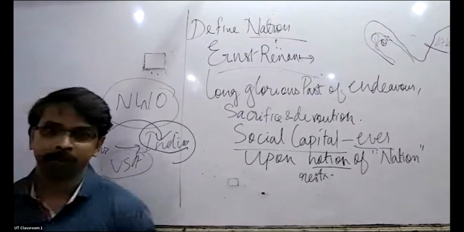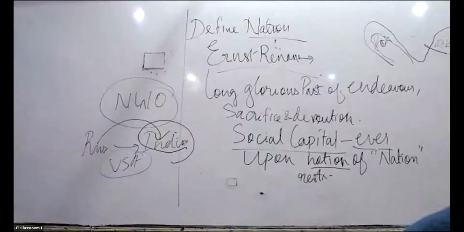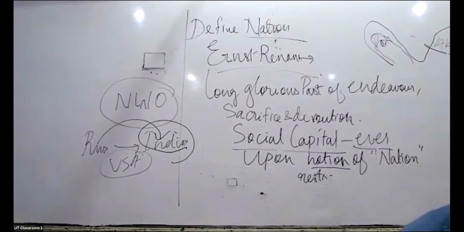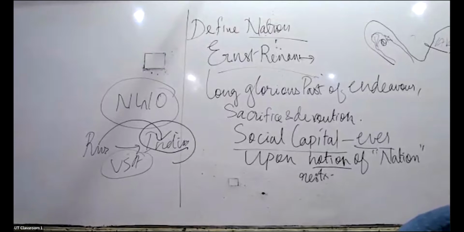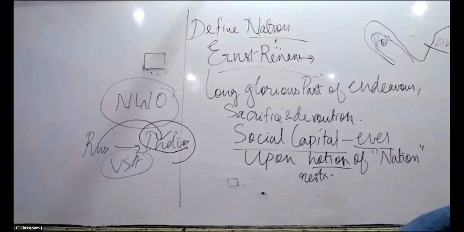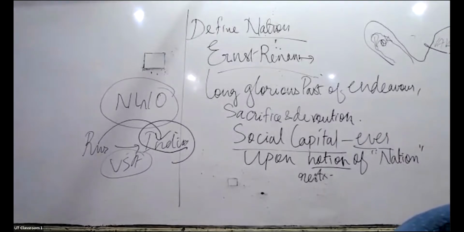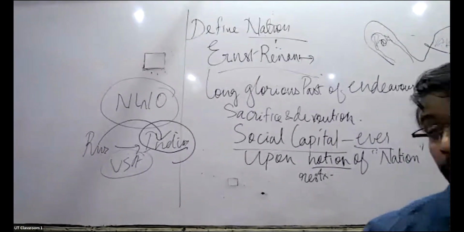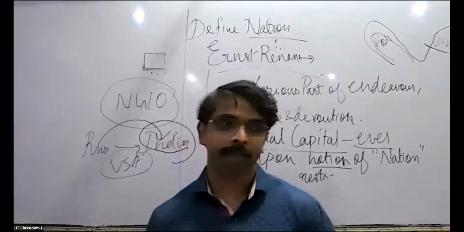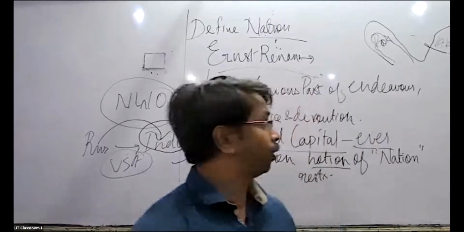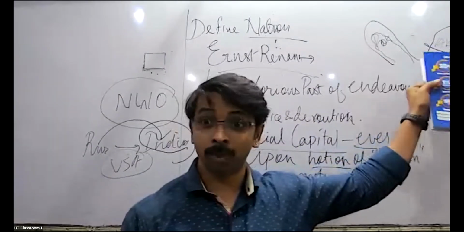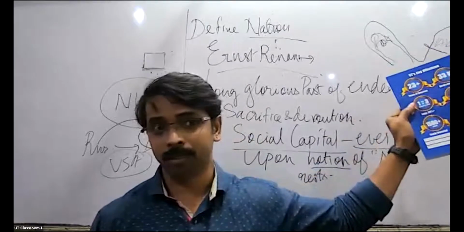This girl is reacting. Okay, let's proceed now. It was forged through struggles, through the actions of leaders and common people. A centralized power exercised sovereign control over clearly defined territory. So India has all of this. Do we have a clearly defined territory? Yes. But in between, who is fiddling with India? On one side, Pakistan, and other side, China. But sooner or later, we have to take this.